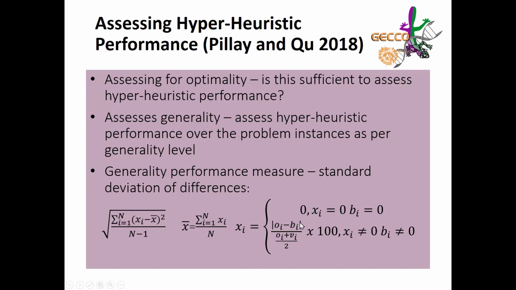And of course, that's only going to make sense if you don't have both those values being 0. If both the values are 0, it will just be 0. So basically, a smaller value is a better generality. What it's actually assessing is a generality over the set of problem instances instead of just looking at optimality. So for a hyperheuristic, you will get a generality score